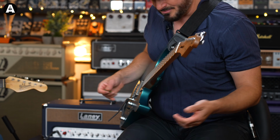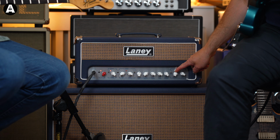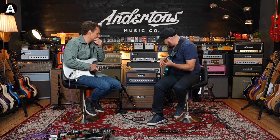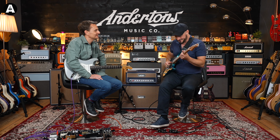Just a nice straight chorus, which works well. Then the other type of chorus that I like. So you're not switching modes. You're doing one with a fast speed and one with a slow speed. That's right. To me, those are the two chorus sounds: a lovely spacious one, and then what I call the John Scofield, the sort of...